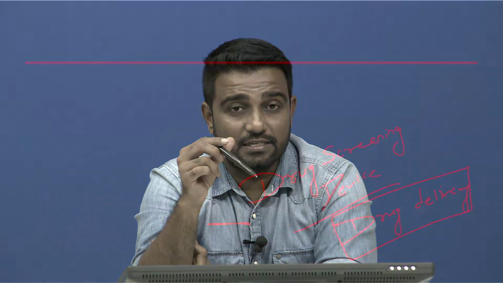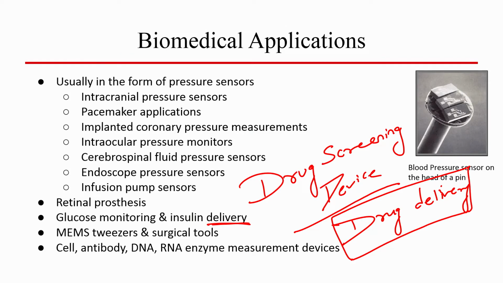Right now let us understand that pressure sensors can be used for several applications which are listed here, and as well as glucose monitoring, as you may be knowing, is a device which measures the blood glucose concentration. Then there are MEMS based tweezers used in biomedical applications. There are surgical tools which are in micron dimension, for example, a needle holder. You want to hold the tissue, you want to suture the tissue and sew the tissue.